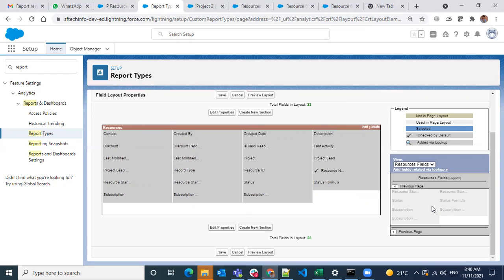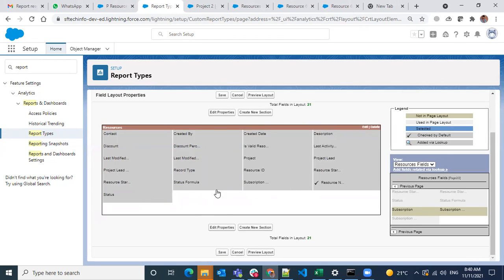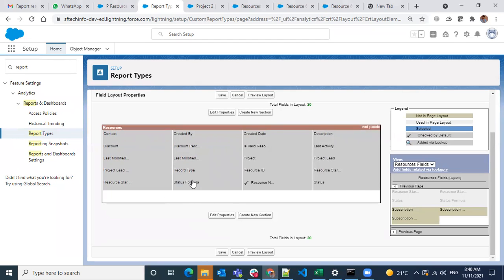If you observe, you have to drag here, and this box also should get highlighted, then only it's getting removed.